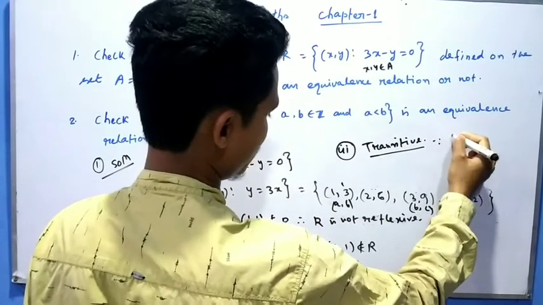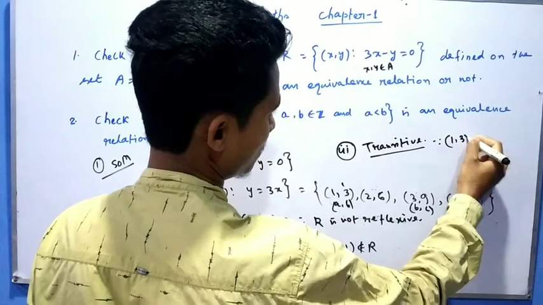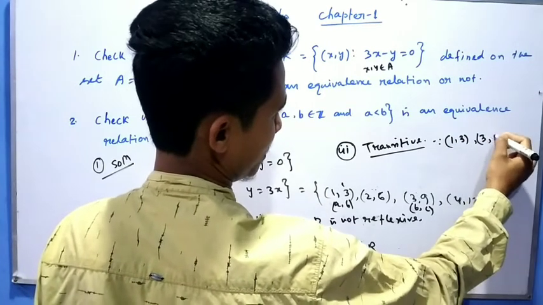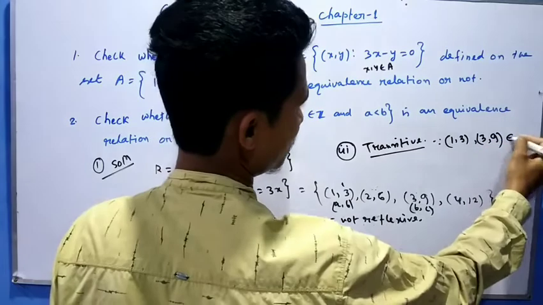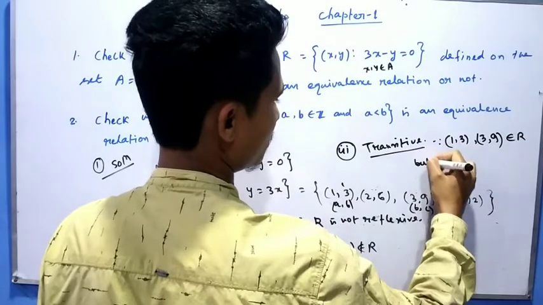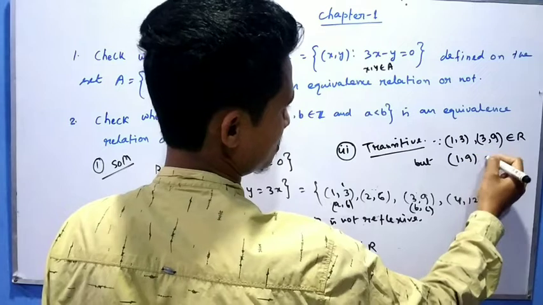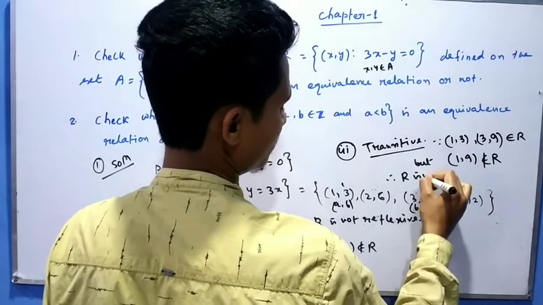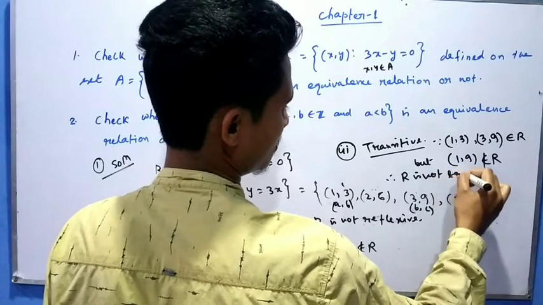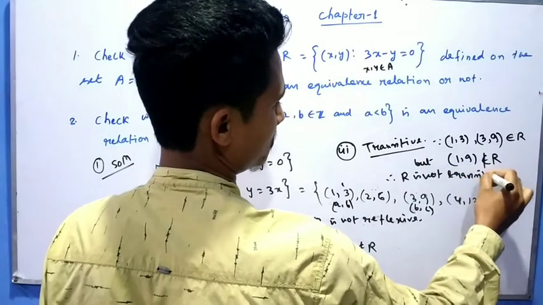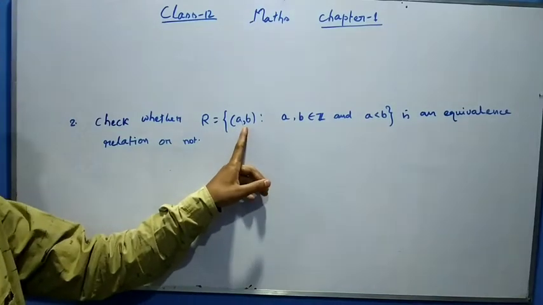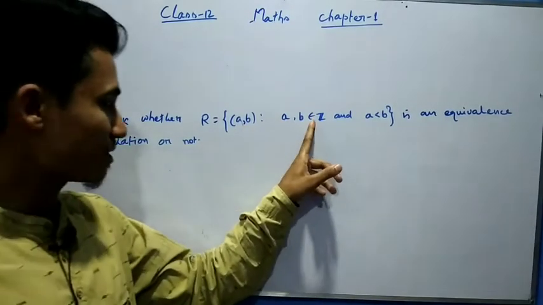So we'll write: since (1, 3) and (3, 9), this is our (A, B) and this is our (B, C), belong to the relation, but (1, 9) does not belong to the relation. Therefore, R is not transitive. Check whether R, the relation given by (A, B) such that A, B belong to Z